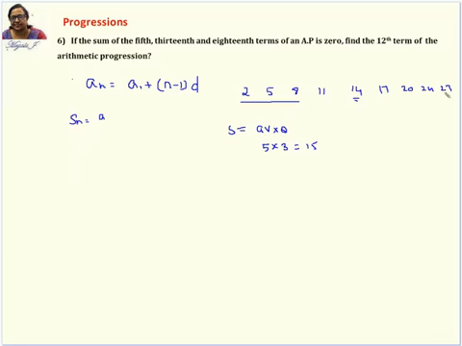Everywhere there are 3 differences. I made a mistake and nobody corrected it. 2 plus 3 is 5, 5 plus 3 is 8, 8 plus 3 is 11, 11 plus 3 is 14. 17 plus 3 is 20. Next, 20 plus 3 is 23, and 23 plus 3 is 26. I wrote this one wrong, but this is correct. So you have so many terms.